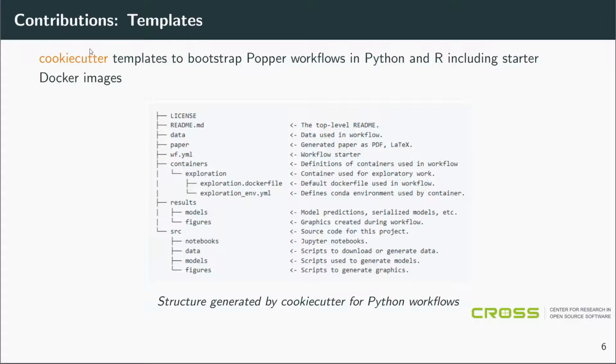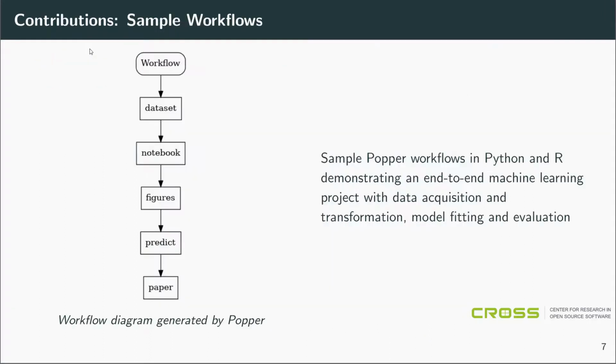So I made templates that bootstrap Popper workflows for Python or R projects using Cookiecutter, which is a command line utility that generates project structures from some sort of definition. This also included making specific Docker images that are specially configured to work nicely with the Popper engines. And then the last aspect of that was